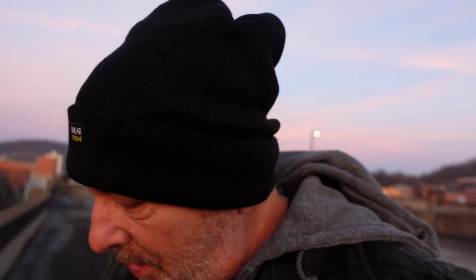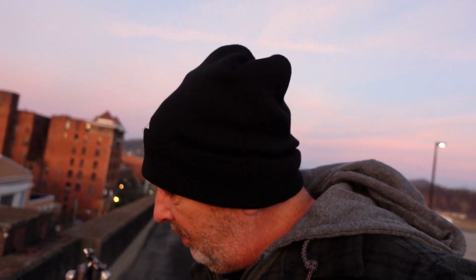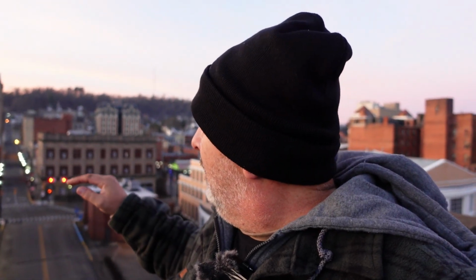All right, got the sunrise shot. Again, not really what I'm here for. Where I am is overlooking one of the main intersections downtown. We got Pike Street, which is one of the main crossroads, and then beyond that is Main Street. Tall building there is the Union National Bank building. Behind me here,